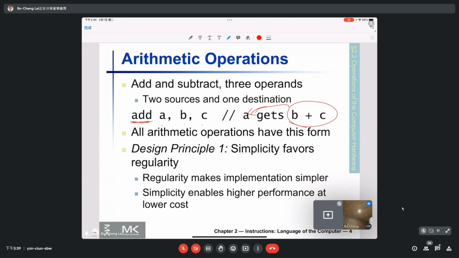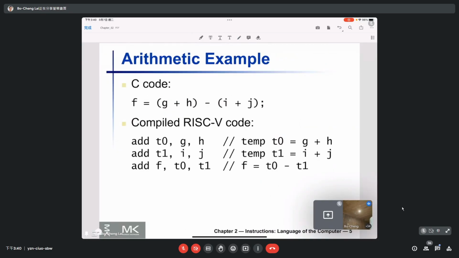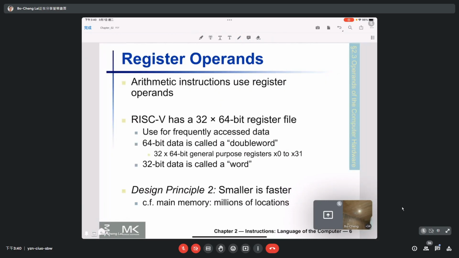Okay, so design principle one is simplicity favors regularity. We talked about that last time, right? And we also talked about this example, G equals H minus I plus J. You add G and H and put into temporary register T0, and you add I and J, put into T1, and then you sub T0 and T1 and put the result to F. Okay? 这个上次有讲写错了啊。